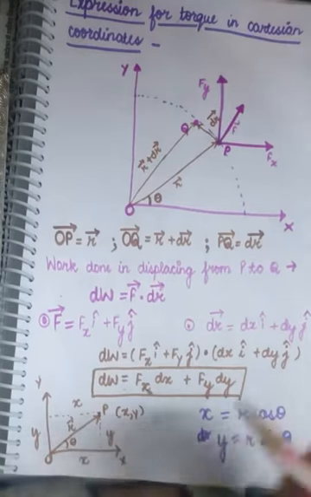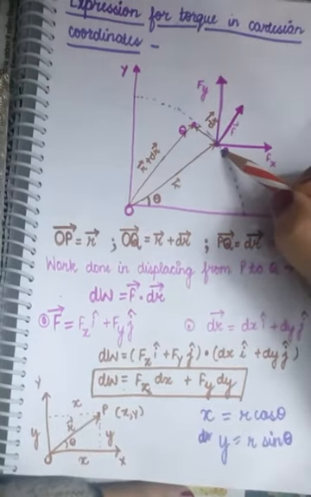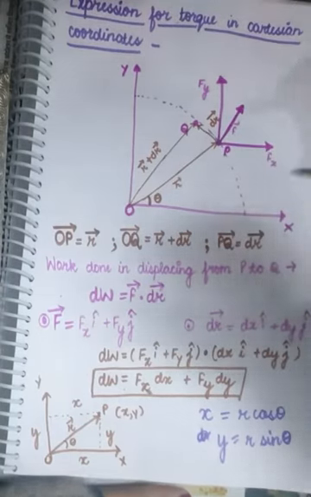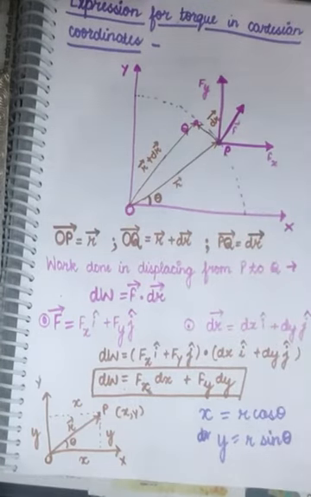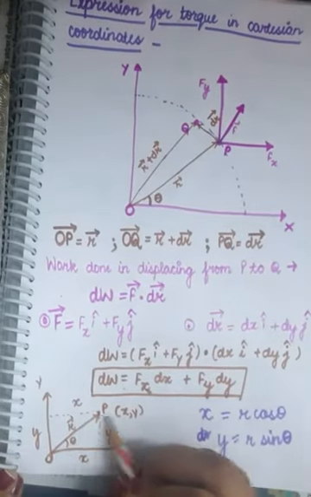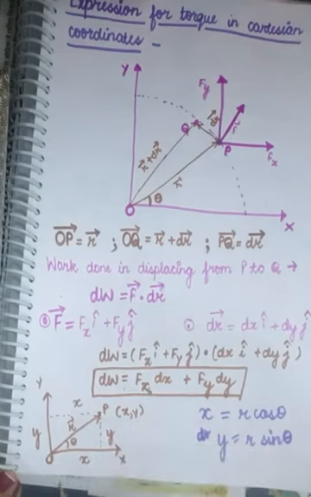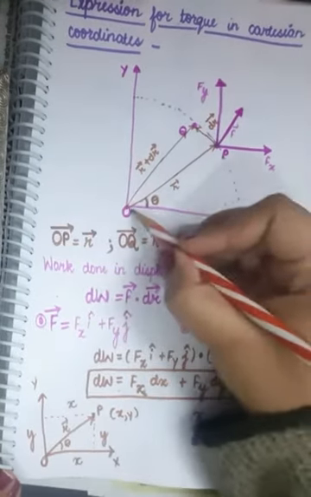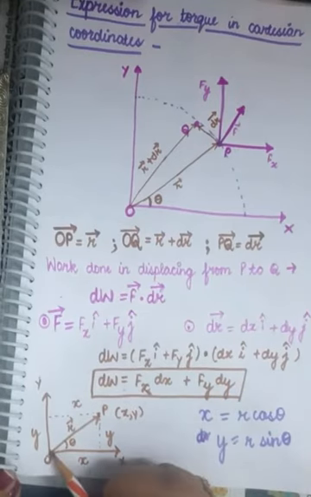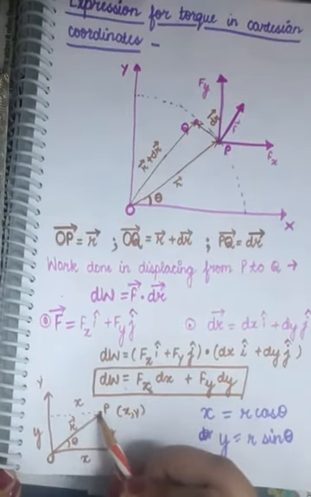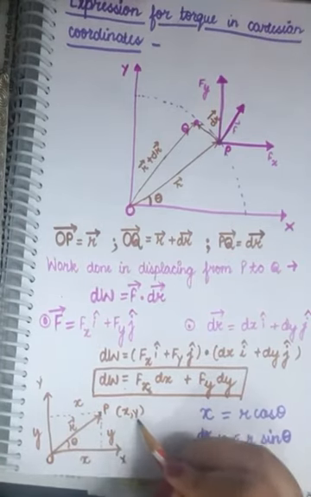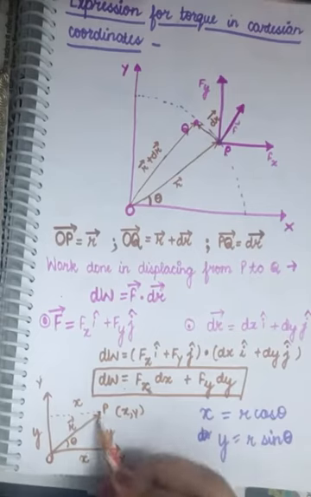After that, this was the initial point P. If you see the coordinates of point P in the xy plane, suppose they are x, y. This P is making an angle theta with the x-axis, as I have shown here. This is the OP vector, which is equal to the r vector. P has the coordinates x, y; this is x and this is y.